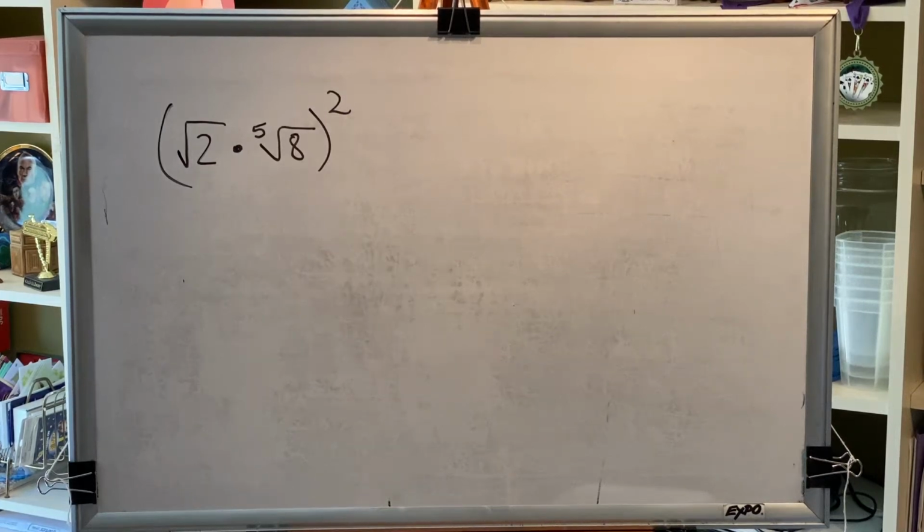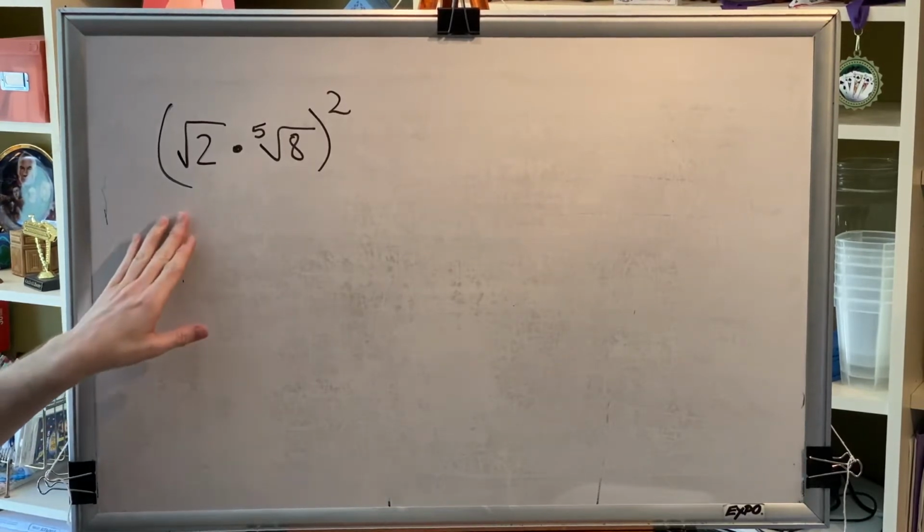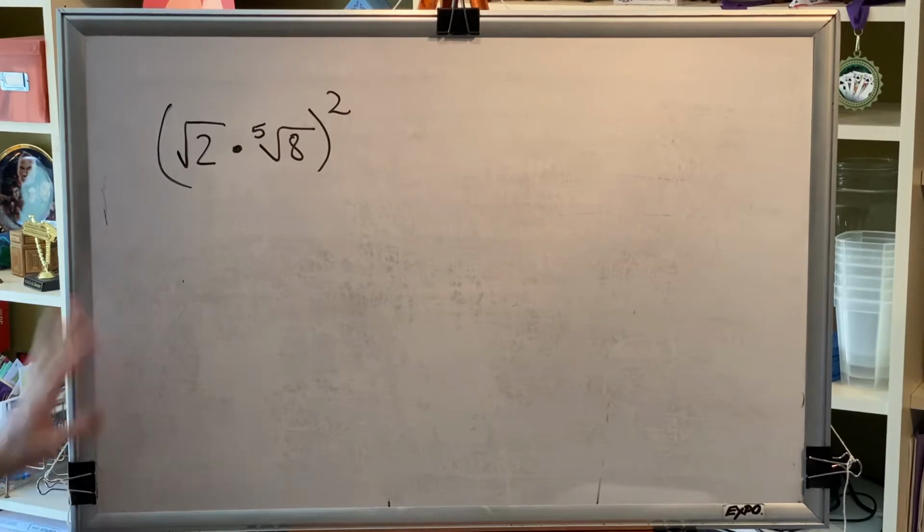The topic of this video is multiplying and simplifying radicals. Let's look at a problem. Alright, in parentheses we have the square root of 2 times the fifth root of 8, and everything in the